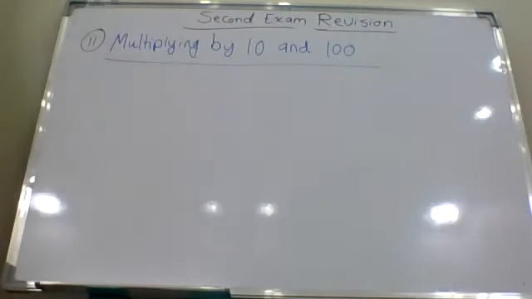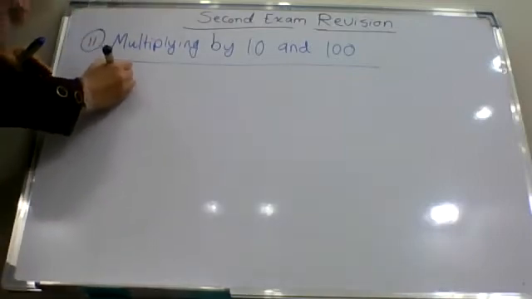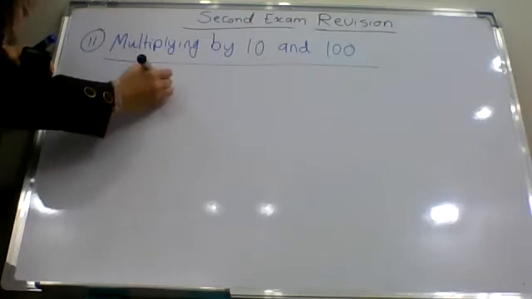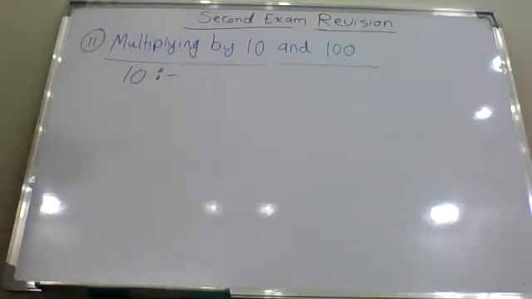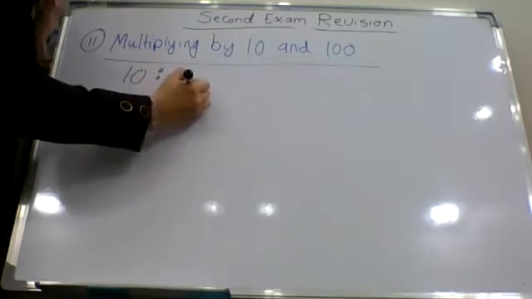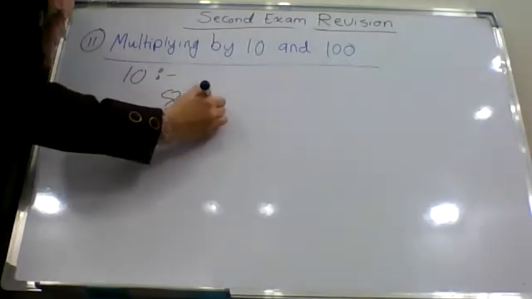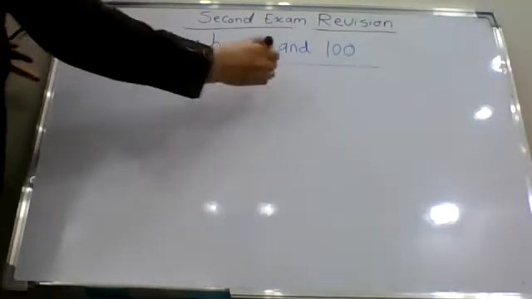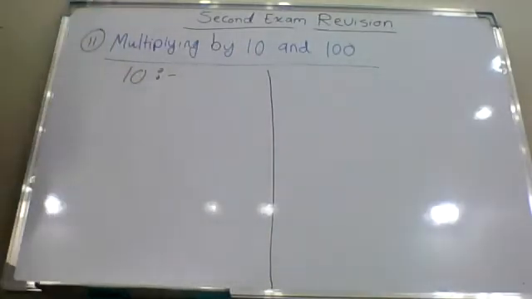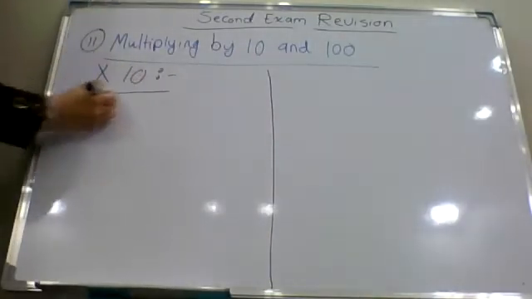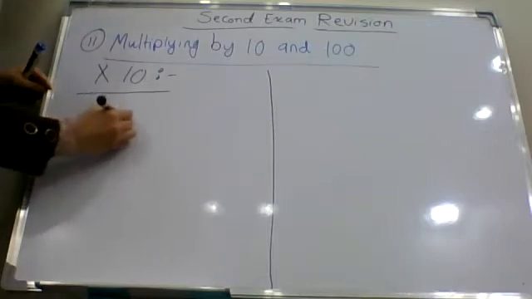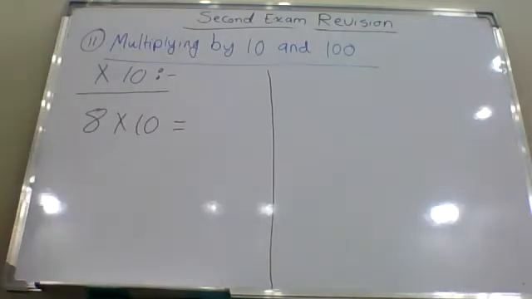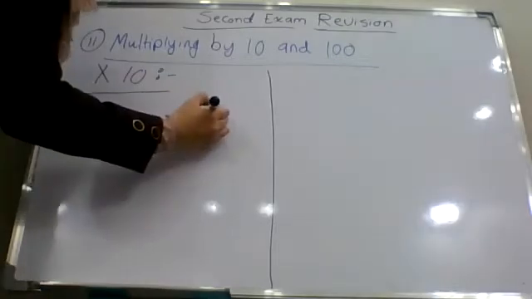Let's write some exercises on multiplying by 100. So we'll start with multiplying by 10. I have here 8 times 10, let me write it down, and then I cut the board into two equal parts. Here we will write the examples about multiplying by 10. The first example is 8 times 10. When you multiply a single number with 10, okay, we write the same